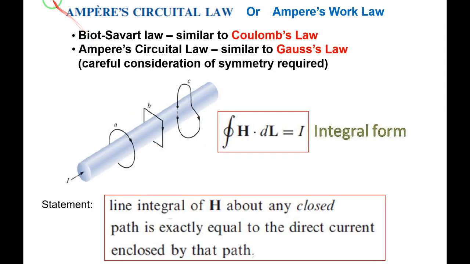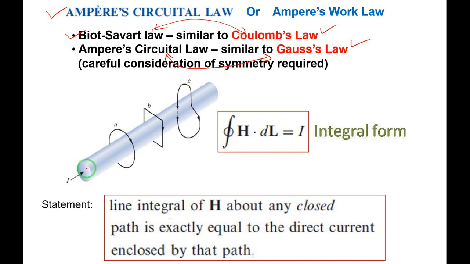Yes. We'll move to the next topic, that is Ampere circuital law. Already we have seen, while studying static electric fields, Coulomb's law and Gauss law, right? We have already studied Biot-Savart law with respect to steady magnetic fields. Biot-Savart law is similar to Coulomb's law. It is not the same but similar. The Ampere circuital law we are going to study is similar to Gauss law. Ampere circuital law is also called Ampere's work law. We will try to define it.